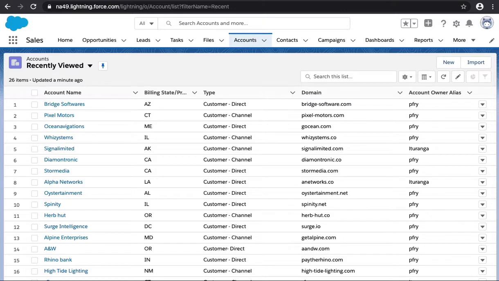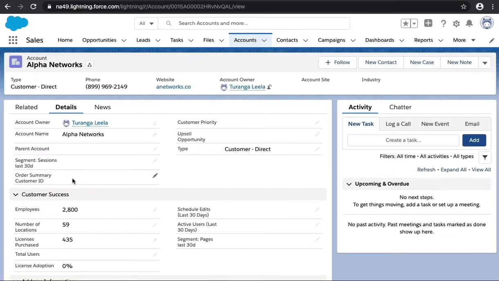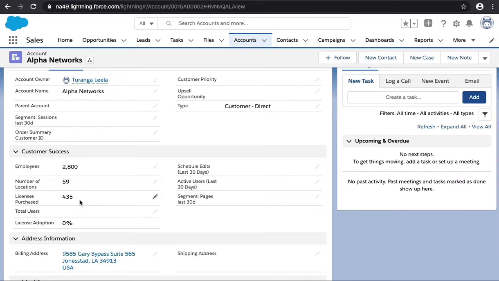So I've got a Salesforce instance here with a bunch of accounts that we've sold, and we sell them this software with a set of licenses. And I've created fields to track how users are using the product, but I have no data here. I don't know how many users are actually signed in. I don't know how many of them have been active in the last 30 days. So I'm going to use Census to populate these fields and keep them in sync as the customers use the